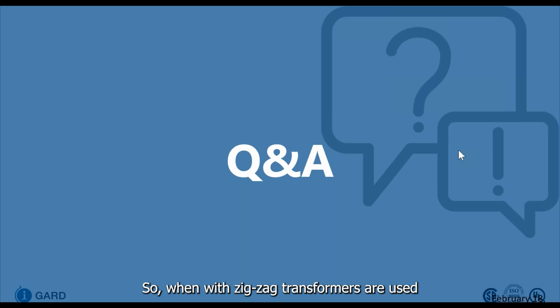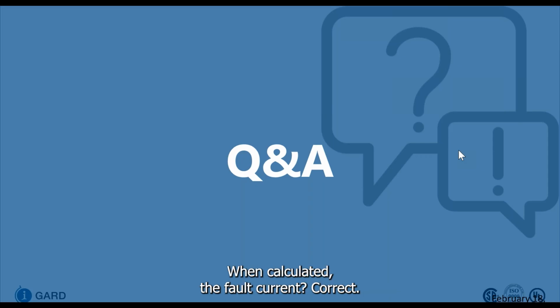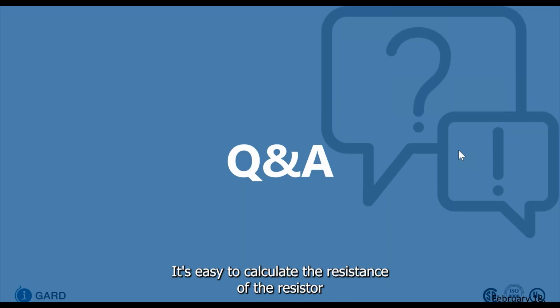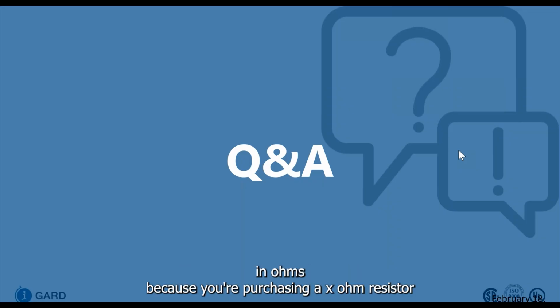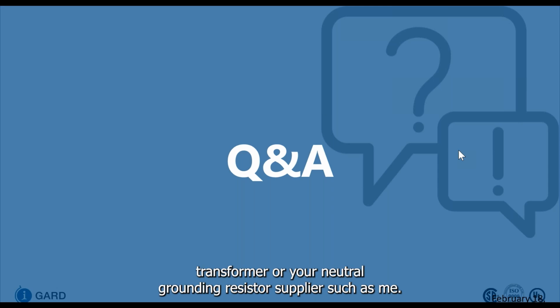When zigzag transformers are used, we must count both the resistor and the zigzag transformer resistance when calculating the fault current. Correct. Now let's look at the zigzag. The resistor, it's easy to calculate the resistance of in ohms because you're purchasing an X ohm resistor. With a zigzag transformer, it's much harder to determine the amount of resistance you're going to have. And you have to get this from the manufacturer of the zigzag transformer or your neutral grounding resistor supplier, such